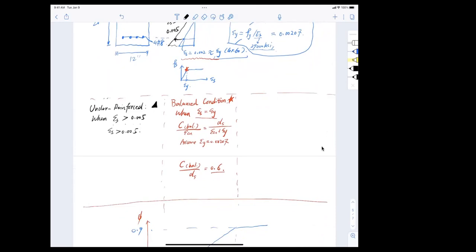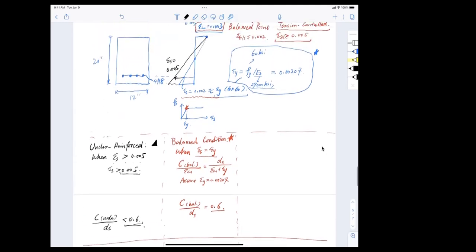This is under reinforced, 0.005. So in that case, I have C over the depth d that has to be smaller than 0.6. So when I have a much larger strain in the steel, I have a compressive zone that is much smaller. All right, so now if I can rotate this way,